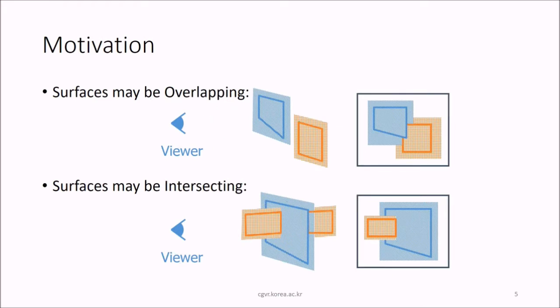The surface may be overlapped. For example, I gave you an example in the earlier slide. If these two objects are overlapped like this, this part of this figure will not be shown. It will never be seen by the eye or the viewer. So you have to avoid showing it, or get rid of it by any means, which we'll see. And a surface may be intersecting. These two surfaces are intersecting. See, this is intersecting this one, so only this one will be shown. The other side, which is on the back side, will not be seen.